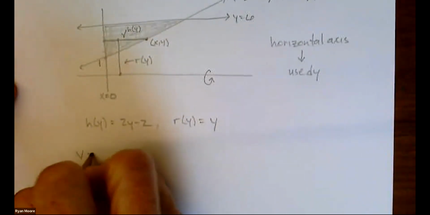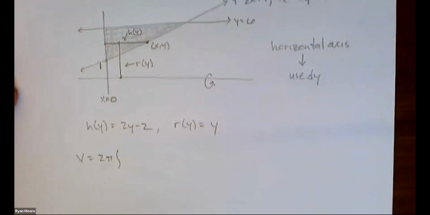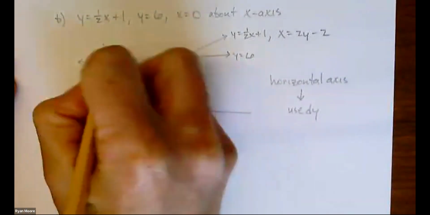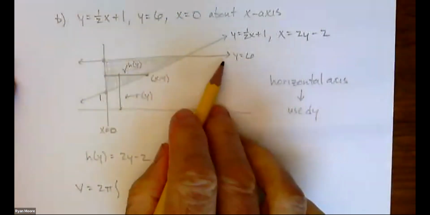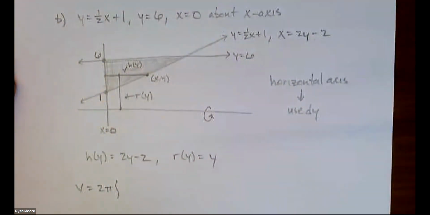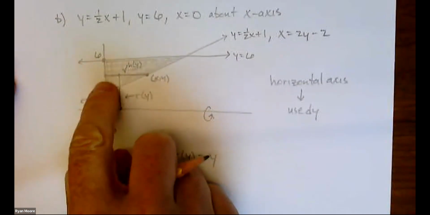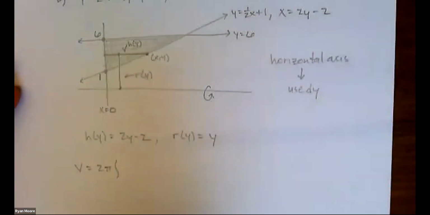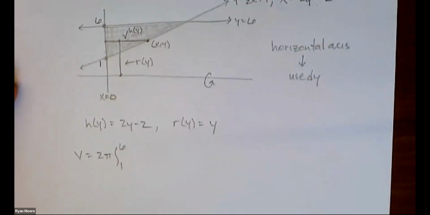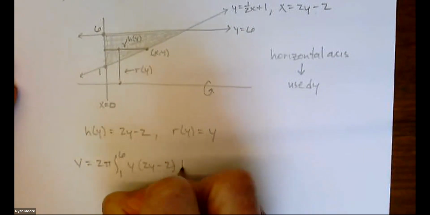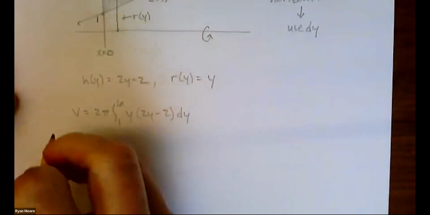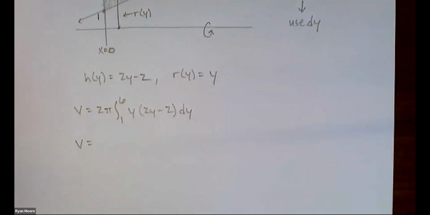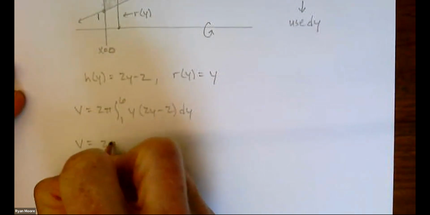So volume, 2 pi. Oh, what are the limits of integration? These have to occur on the y-axis, right? So we know this is 1 from the y-intercept, and this is at 6. So we're thinking of all of these cylinders as they move up from 1 to 6. Okay, and then it's y times 2y minus 2. And from here,